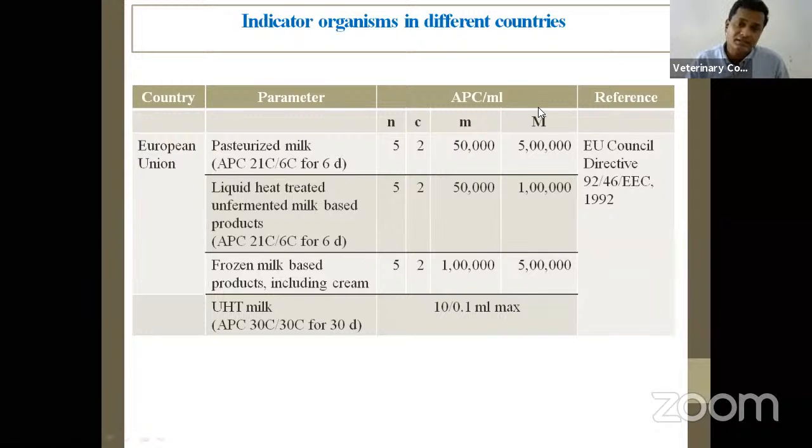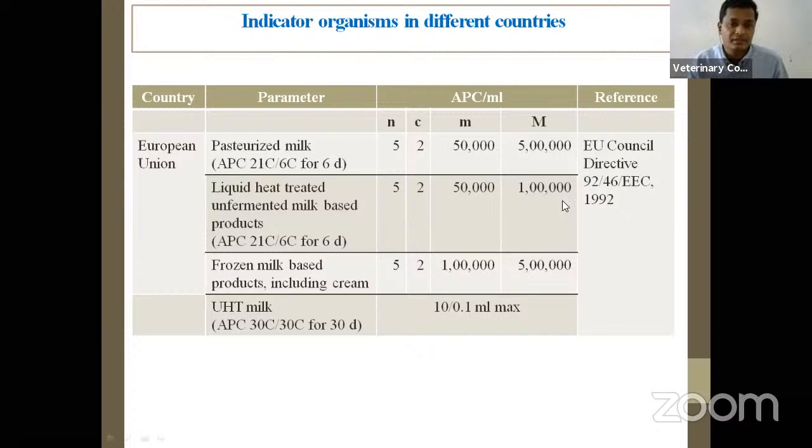The thing is that there is a very robust system to examine the cows for their health. All the animals are tested for brucellosis, tuberculosis and other chronic diseases, especially the diseases of public health significance. These animals are already free. Many of those diseases, such as PSC and all, have been already eradicated. When such is the surveillance and monitoring system, they only look for these spoilage kinds of organisms.